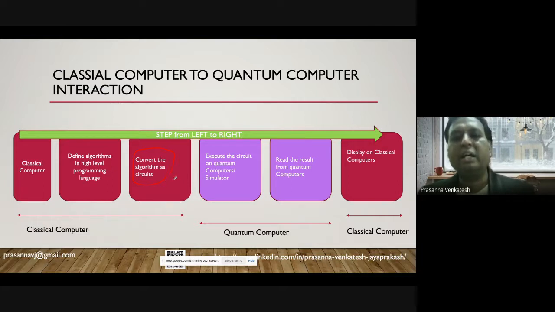These circuits are then sent to your quantum computer. The quantum computer receives these details and processes them. Once the computation is done, you read the response from the quantum computer and display it on the classical computer so that you can process it.